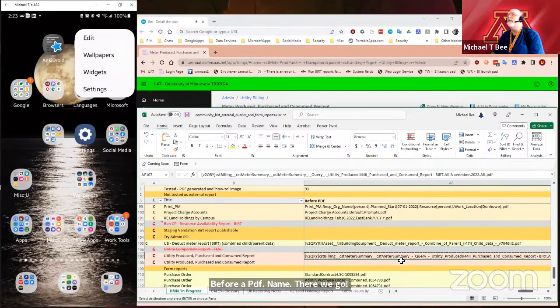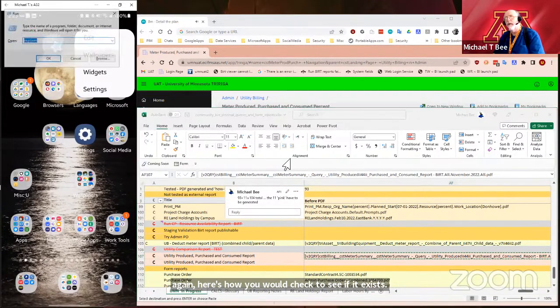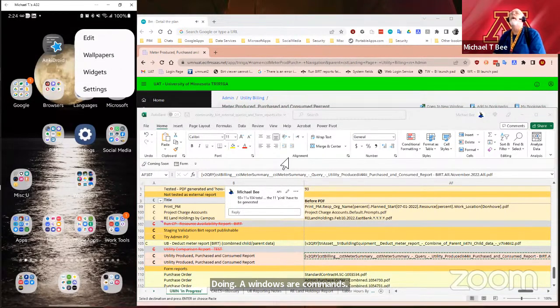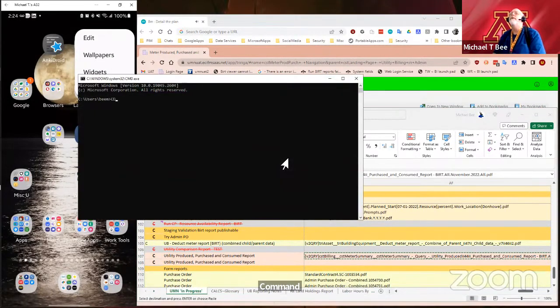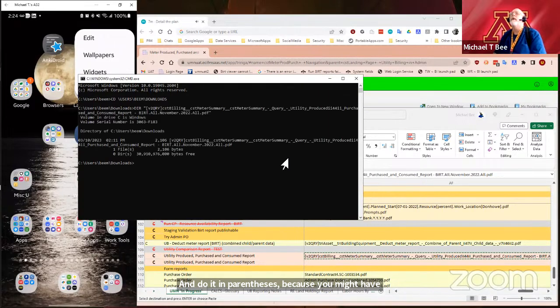And again, here's how you would check to see if it exists. Doing a Windows R command, change to downloads folder, and do a dir in parentheses because you might have embedded spaces, and then paste that name. And it does exist there. So we know